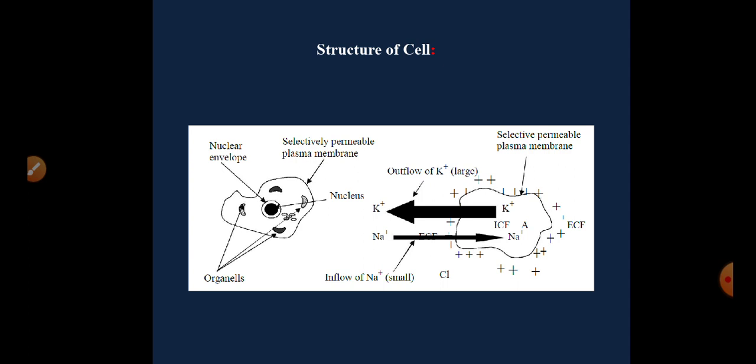Then at the center we have the nucleus. It is the largest single organized cellular component. It is spherical or oval in shape, located near the center of the cell, and it is covered by a double layered membranous structure. Then we have the third component, that is the cytoplasm. It is a gel like mass with membrane bound structures suspended in it, right?